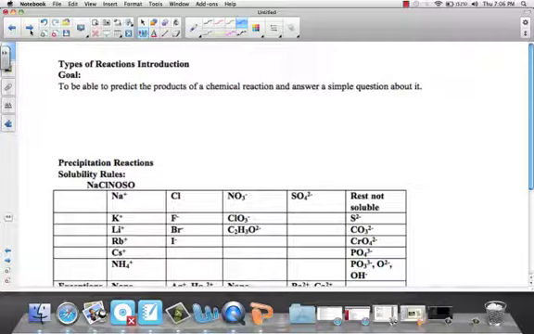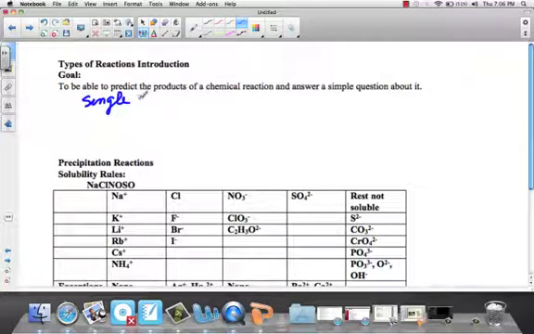So our goal is to be able to predict the products of chemical reactions, just like I just said, and possibly answer a simple question about it. First thing we need to review is what types of reactions we are talking about. So we're going to talk about